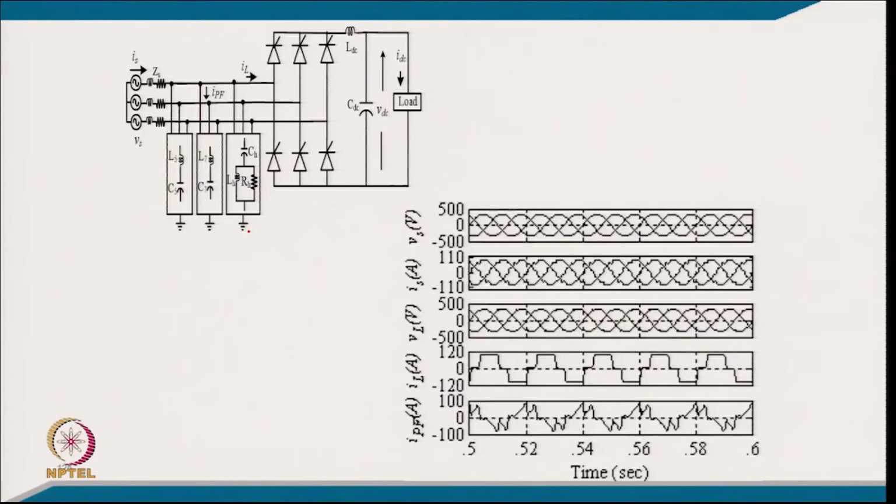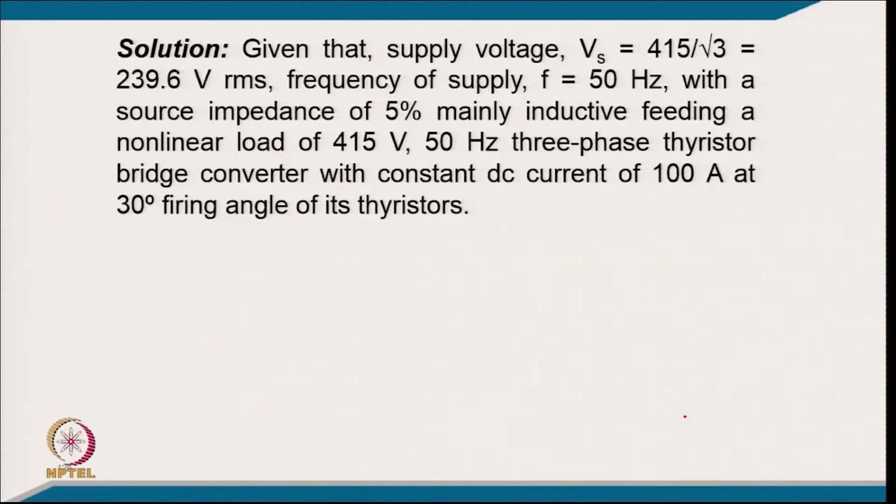So, this is the typical circuit of the load, that you have a thyristor converter with LC filter and then load, and you have a passive filter tuned for 5th harmonic, 7th harmonic and high pass. So, that you can see the supply current is sinusoidal in phase with the supply voltage, and the load is not affected and load voltage is also not affected, and this is the passive filter current. So, coming to the numerical part of it, given that supply voltage is Vs equal to 415 by